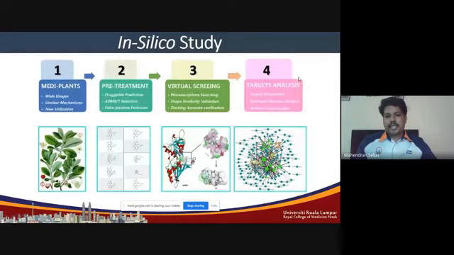So after completion of these 4 steps, we can predict the pharmacological activities of the medicinal plant and isolated compound. And we can also analyze the relationship of signaling pathways, pathological pathways, and related disease with potential targets that can be determined by using in silico studies. So many researchers have started following this. Instead of doing in vitro studies and in vivo studies, where we need to spend a lot of money and much more time to get the results, this study will be more helpful for the future for those doing natural product research.